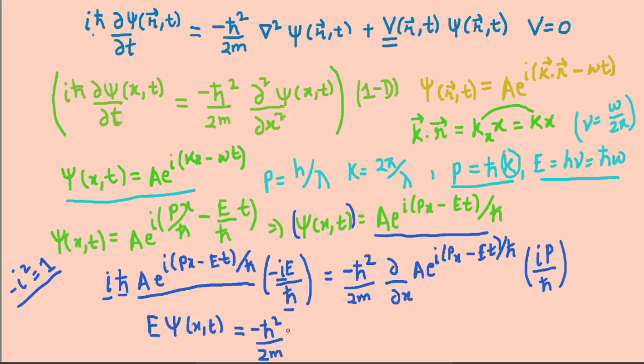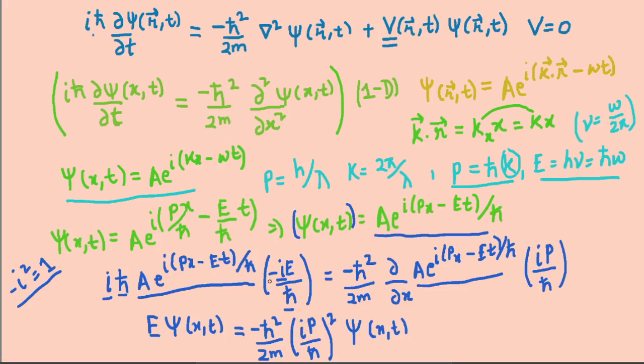Differentiating again, we get ip by h bar, and we already have this ip by h bar, which gives us the whole square, and this, that is psi x, t. So here psi x, t cancels out, h bar squared cancels out, and the minus i squared